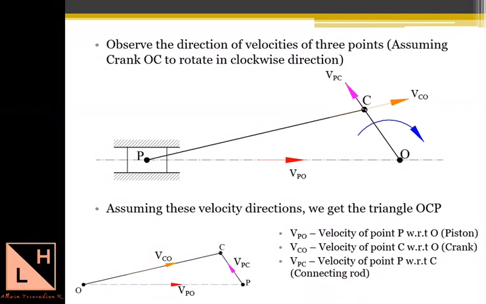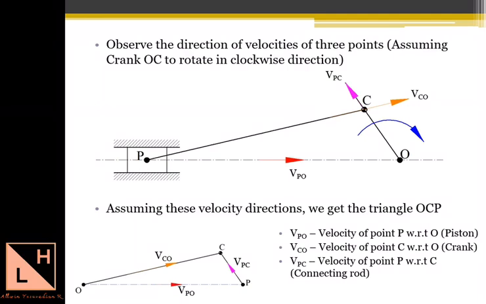Basically, in a slider crank mechanism we'll find 4 links. I have not numbered them here, but you can all recall the numbering of links in a mechanism. However many fixed links we have, we number them as 1. So point O is fixed, and even above and below the slider we have the fixed link. All of these will be numbered as 1. The next link we find here is OC, that is link number 2. CP is link number 3, and the slider itself is link number 4.